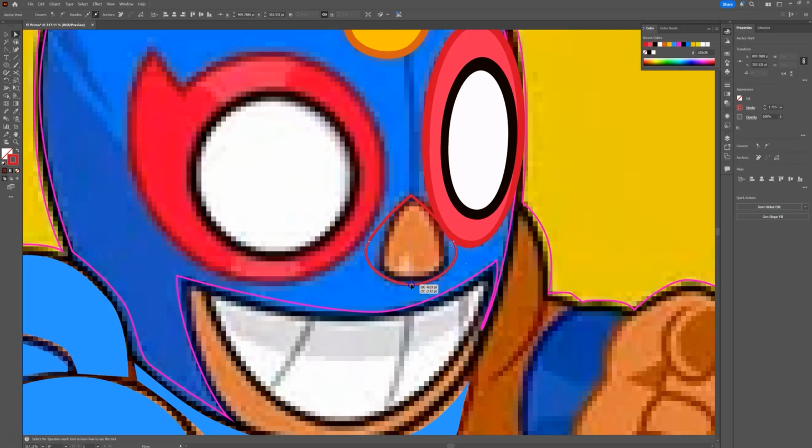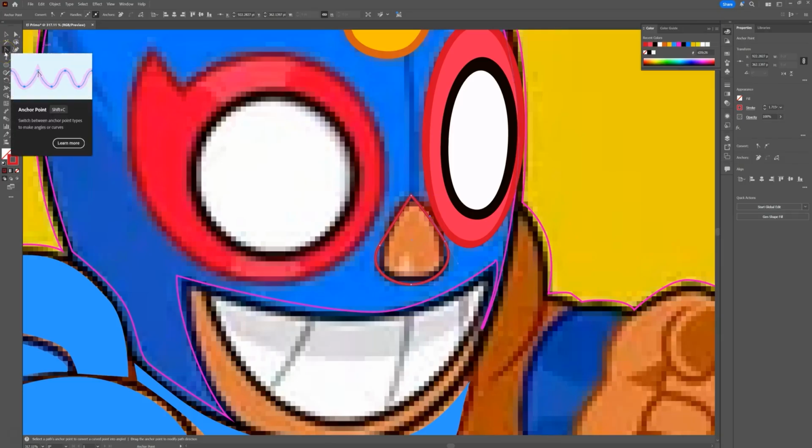Okay, so I'm going to bring this guy here. And now I can drag this guy over here. Now remember, we're trying to make clean art here. So that's the whole thing, trying to make it nice and smooth. I'm going to grab my anchor point tool. And what I'm going to do here is just scale this up like that. And now we have a nice